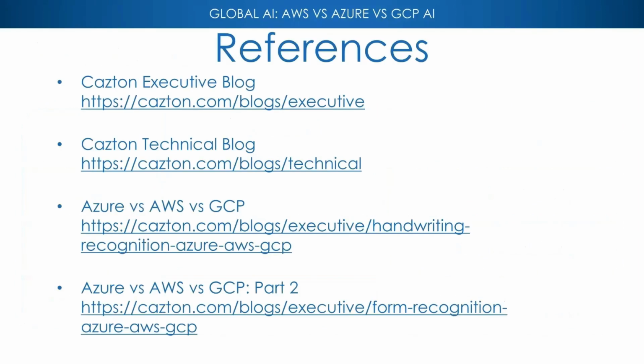Finally, references. I highly recommend reading the executive blog. We write this blog where we simplify all the technology to make sure that even non-technical executives are able to read it and go, oh, I understand exactly what's happening. We try to take all the complexity and push it behind. And in the technical blog, we get all the way to talking about TCO comparisons, as well as performance, as well as scalability, and a lot of other things. If you want to read more about these 2 reports, you can actually read a lot in detail. If you'd like to leave us an email, you can download these reports as a PDF. If you choose not to share your email with us, that's perfectly all right. You can still read all these reports completely free on our website.